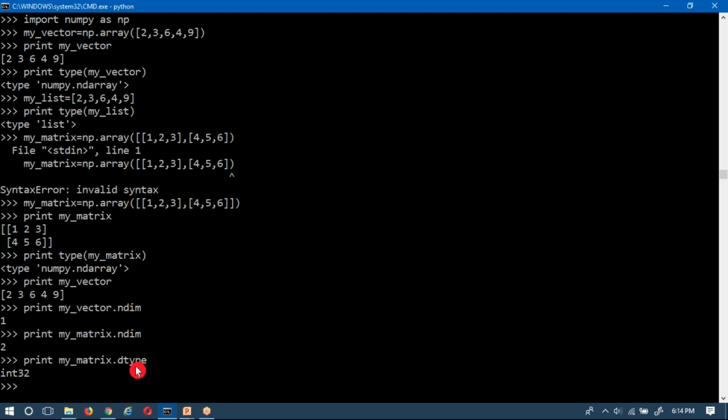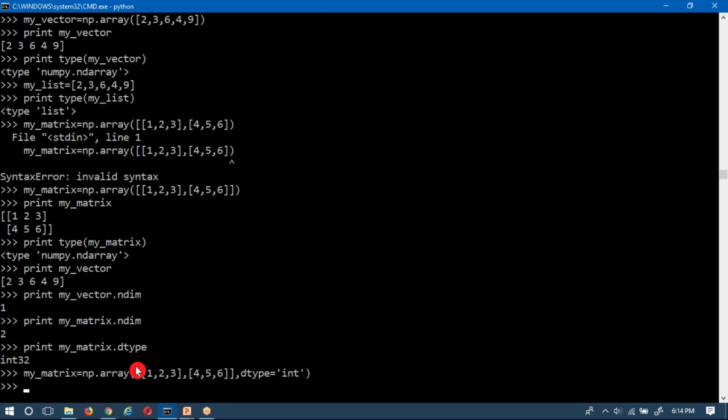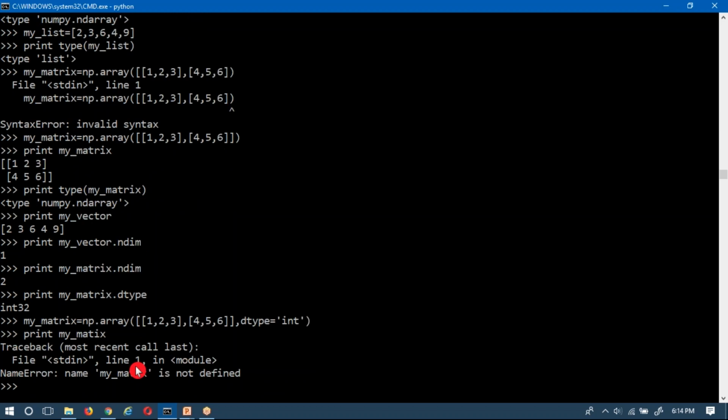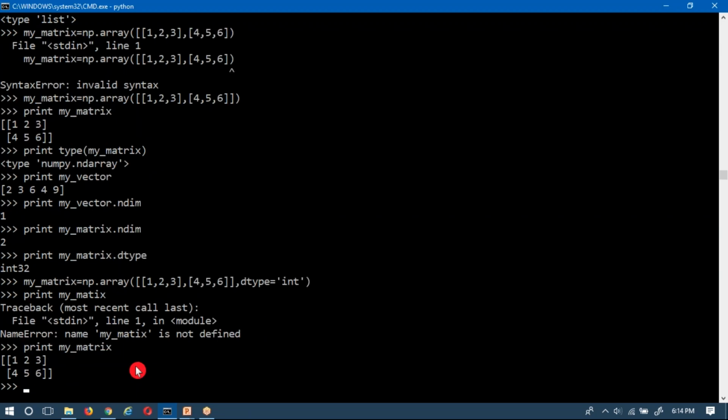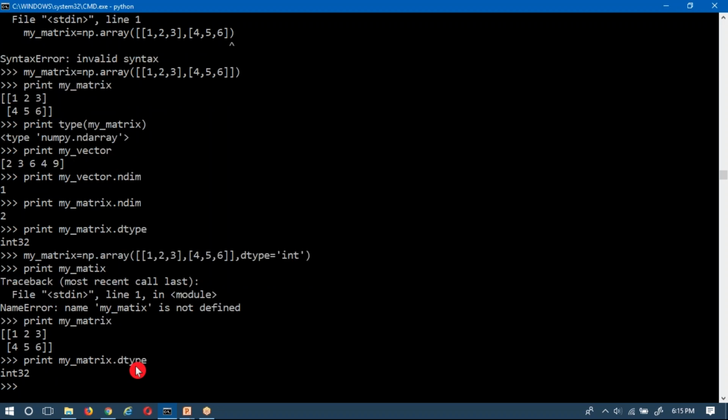Suppose while creating your matrix, you can also provide your data type here. Data type, simply I am writing integer. Now if you print your matrix, and print data type, the default data type is integer 32.